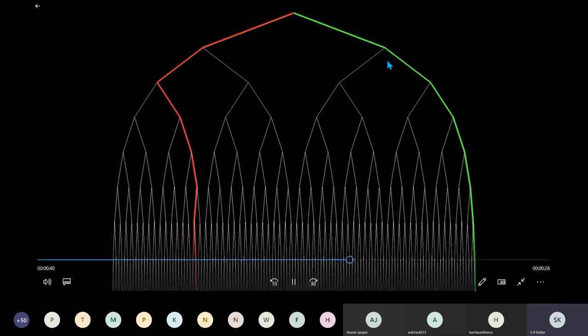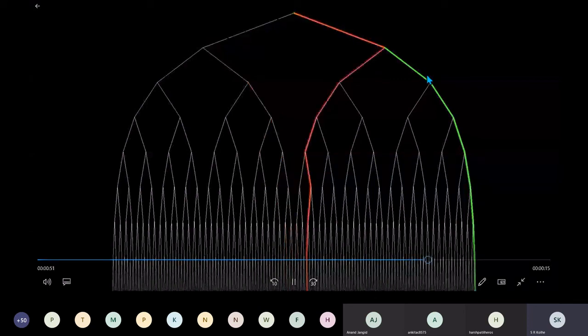See here, green has already got the solution, but red is still continuing. Green has reached the solution faster.